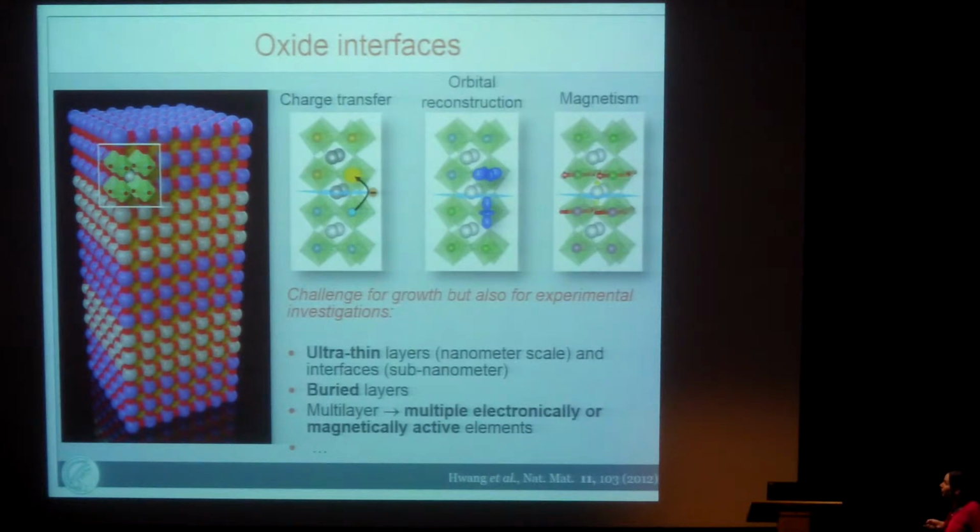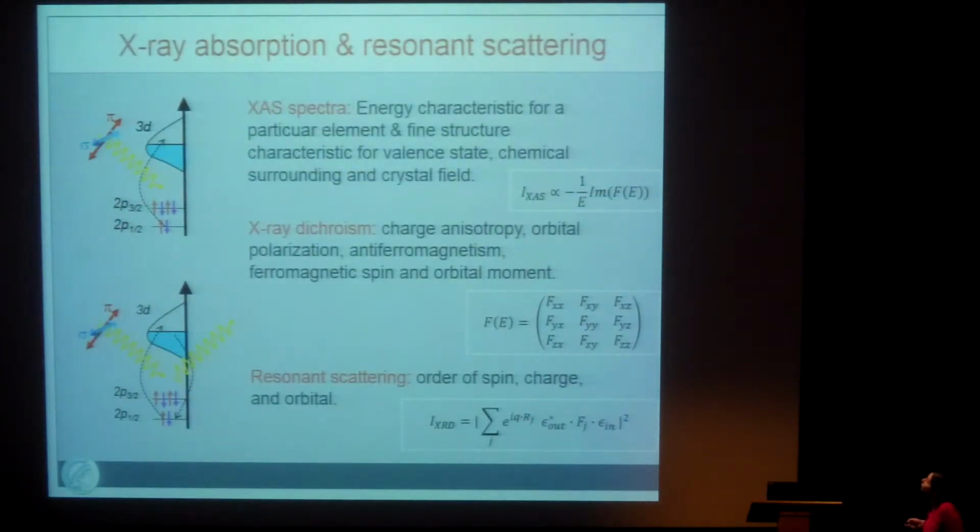A challenge for these oxide heterostructures is not only the growth of these materials, but also the experimental investigations, because we have to deal with ultra-thin layers on a nanometer scale. That's where the interesting phenomena occur, and at interfaces which are even on a sub-nanometer scale, very often the layers of interest are buried, and we can have, as Marta nicely presented in her talk, multilayers with multiple electronically or magnetically active elements. So we are using X-ray absorption and resonant scattering, mostly in the soft X-ray range,